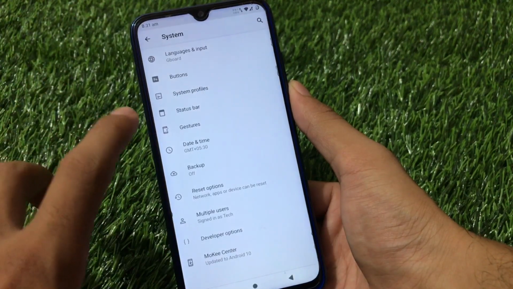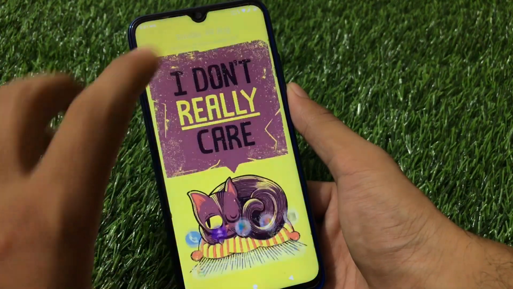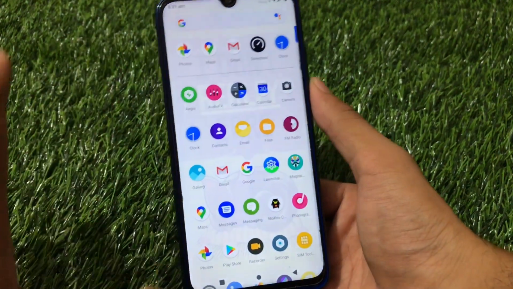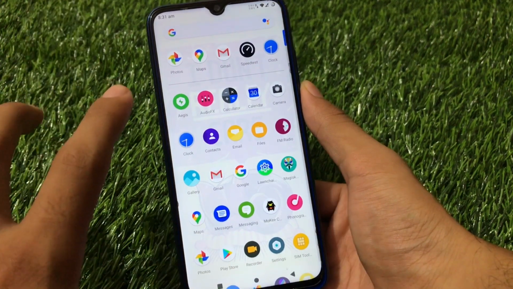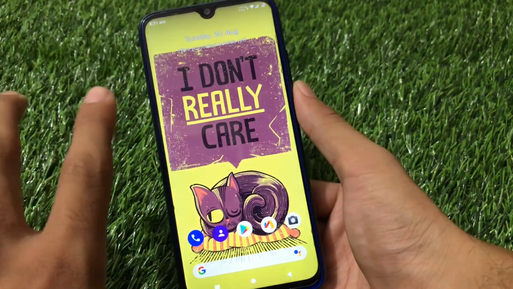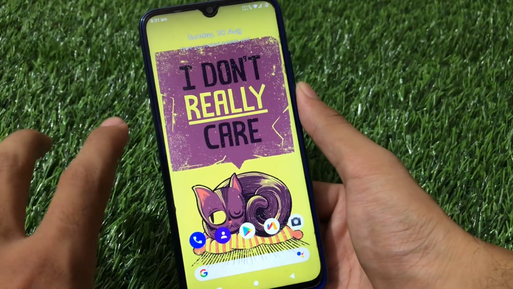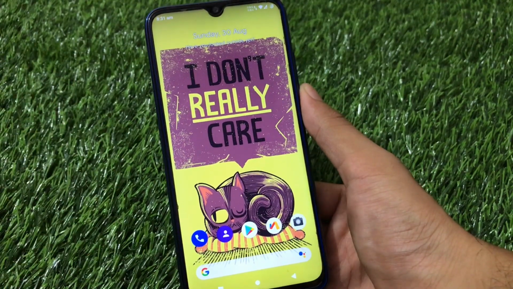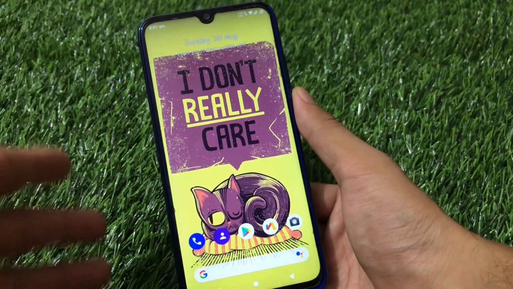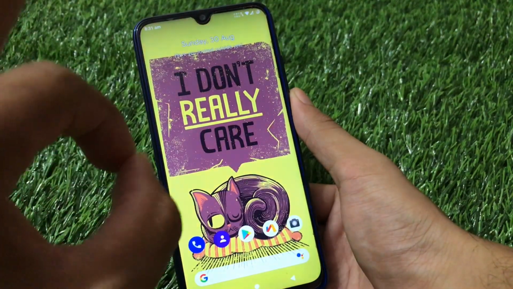Nothing else, nothing special. Gestures has the same kind of things, and these are the things you get in Moki OS. These were the things I just wanted to share with you. I hope you like it, and if you are a user of Redmi Note 8, I might not recommend you to use this build till now because it's the unofficial build. So it's better to wait for the official build or wait for other builds to improve these things. And if you're a user of any other device and you have the official build available, just go and try it out because this build is quite good and quite great.